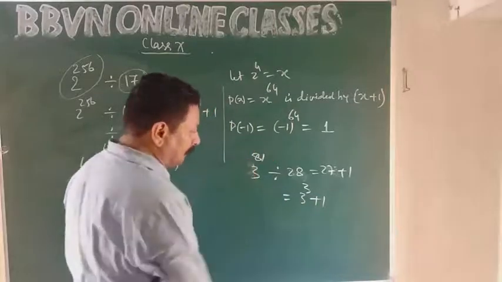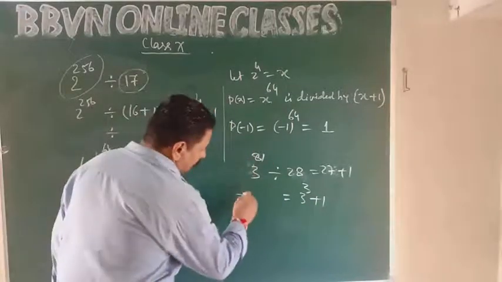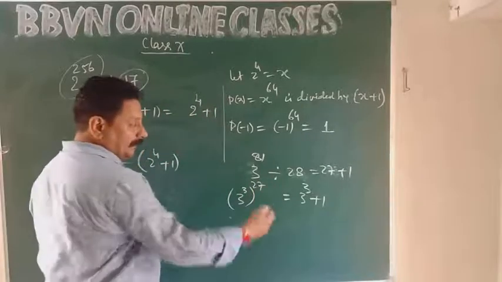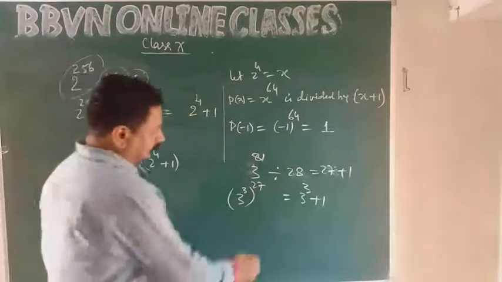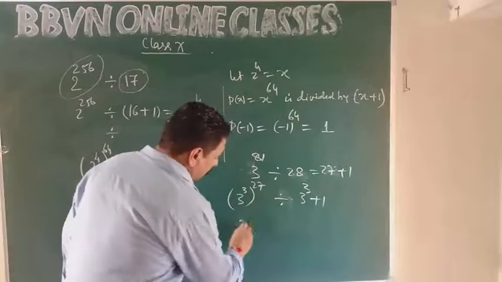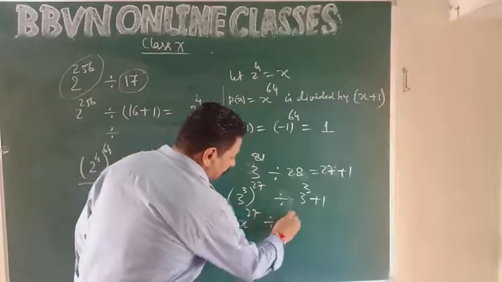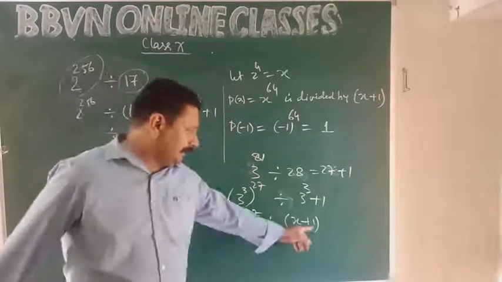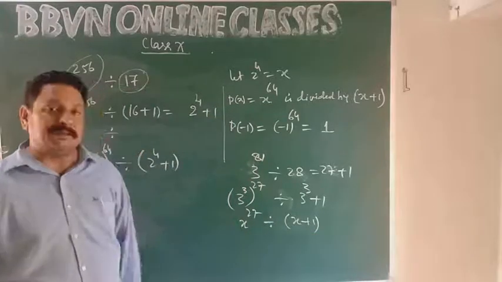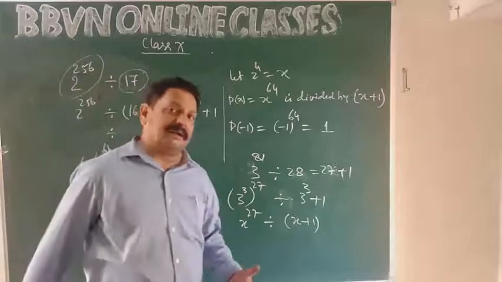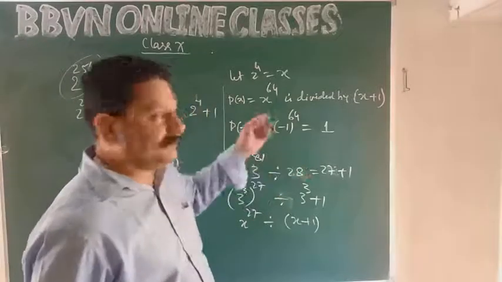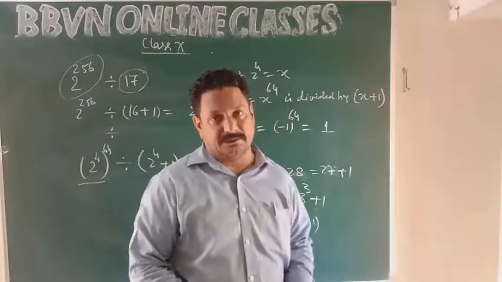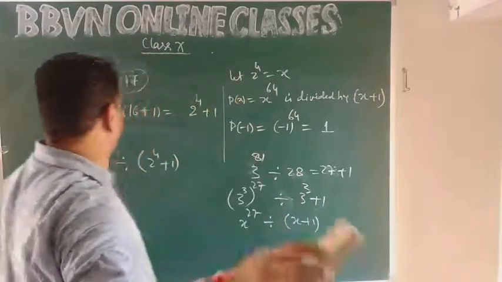इसको भी 3 to the power 3 के फॉर्म में represent करते हैं. So 3 power 3 to the power 27. Now take 3 to the power 3 as x. So x power 27 is divided by x plus 1. तो substitute x equal to minus 1. Minus 1 to the power 27. Remainder क्या आएगा? Minus 1 आएगा. So किसी भी फॉर्म में दे सकता है. जरूरी नहीं कि 2 के बेस में, it can be in the base of 3, base of 5, whatever it is. Right, children? I hope you got this.